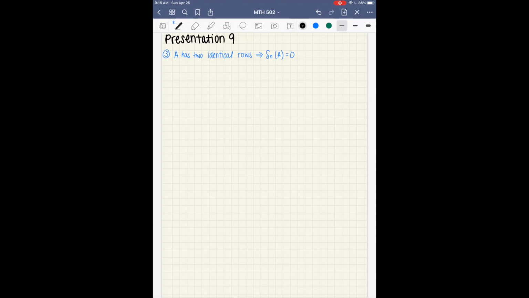I had number 3 for presentation 9, which said if A has 2 identical rows, then delta n of A equals 0. I had a tough time wrapping my head around the hint and basically the proof in general. I knew how to do this proof in another way, so I'm going to show you what I was thinking at first to back up my proof,